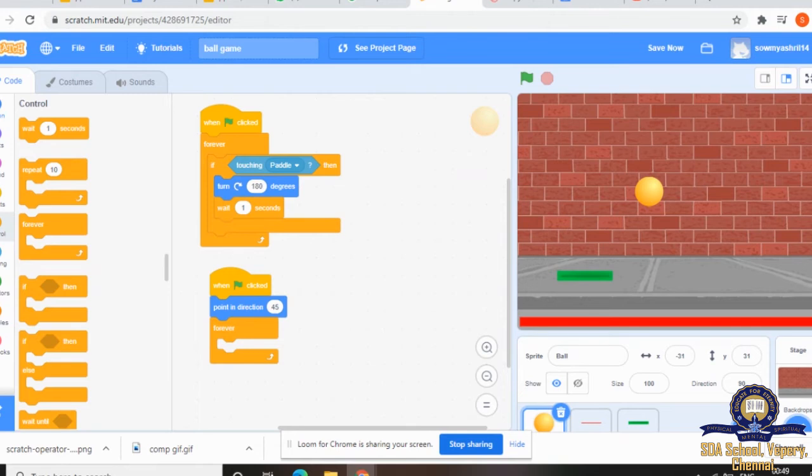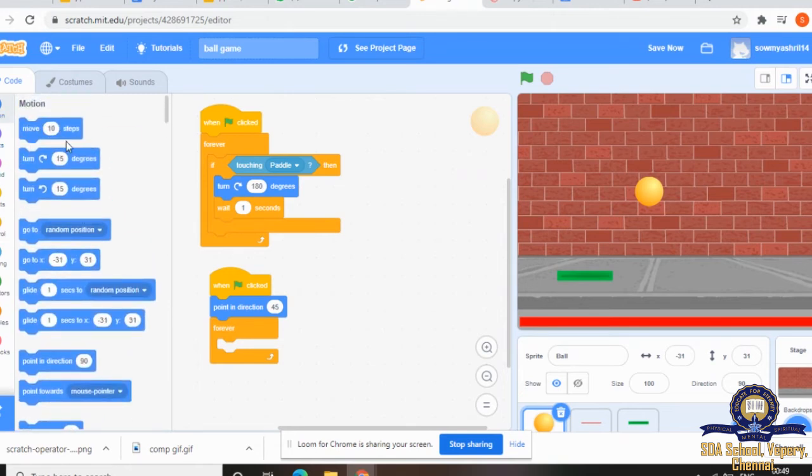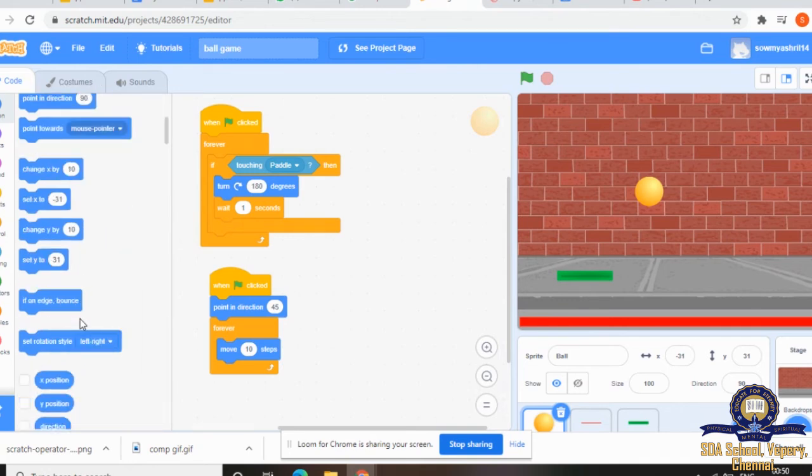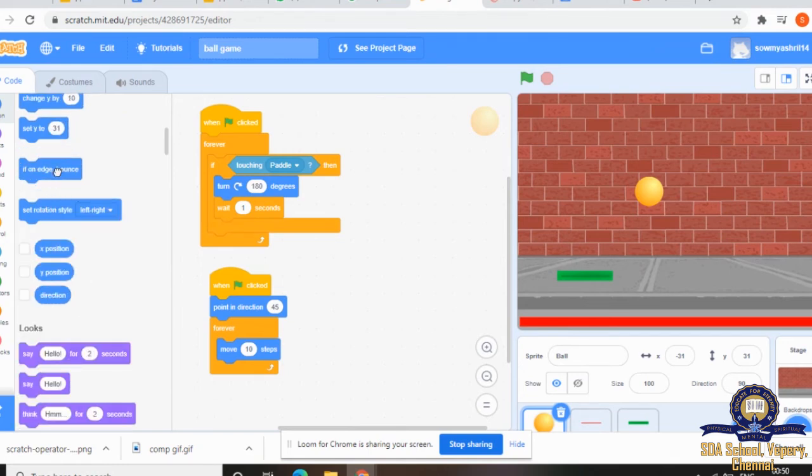We'll go to move. We have to make the ball move. So move 10 steps. Then we'll give if on edge, bounce. If it touches the edge, it should bounce back. So I'm giving that option.